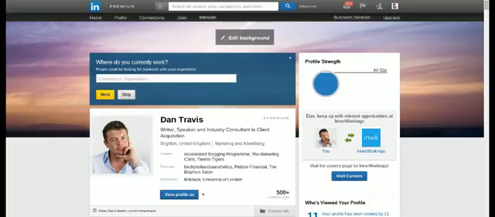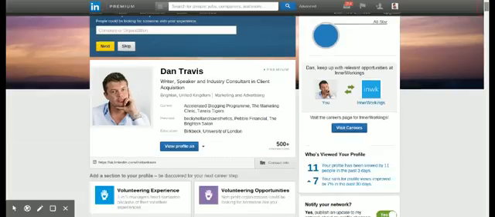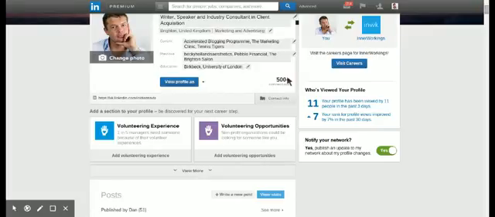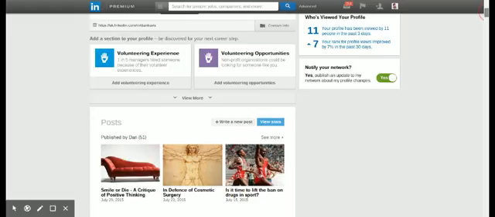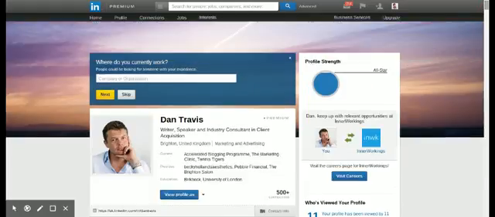When you're building connections on your LinkedIn account, your first goal is to reach 500 connections. If you haven't reached that yet, that's the priority. If you have, obviously you're then going to be looking at building more and more connections. So if you have not reached 500, what you need to do is go over to connections here